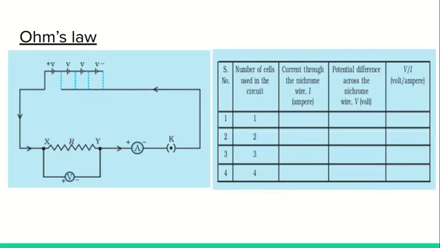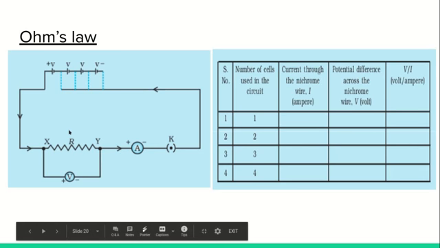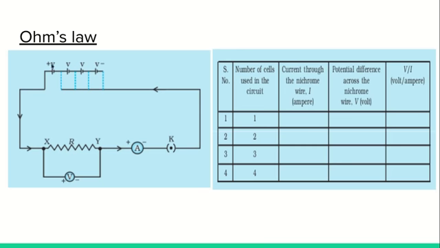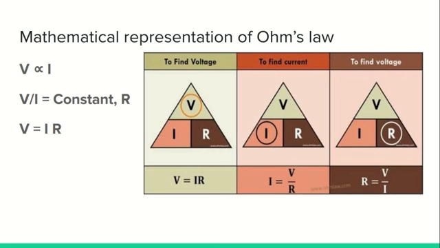So that experiment which we spoke about, the circuit is represented in this way, wherein you are connecting one cell, then 2, then 3, then 4 cells to the circuit, and every time you are noting the ammeter reading and the voltmeter reading, noting down the values here, and you find out what V by I is. This is one of the experiments that you do in your lab and it has to be recorded in your practical record also.